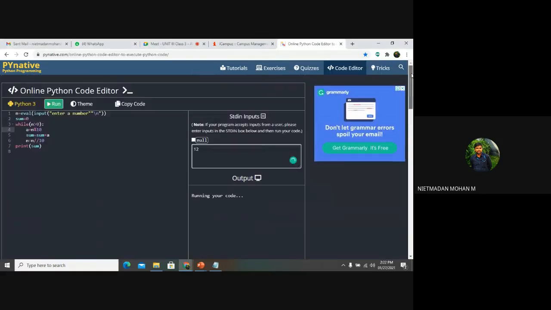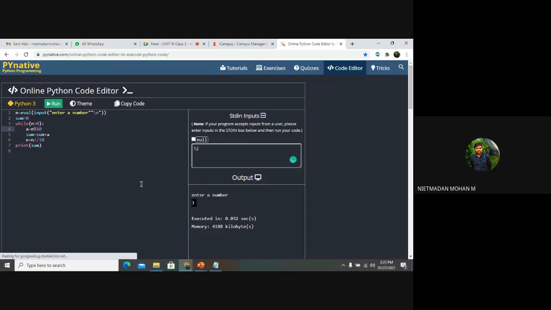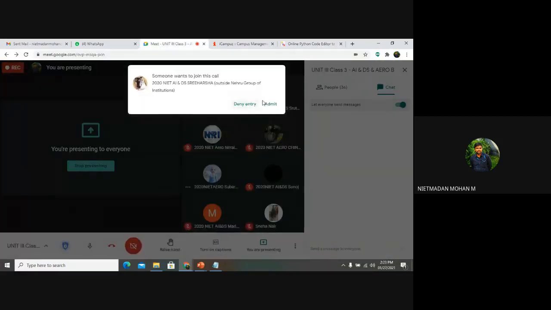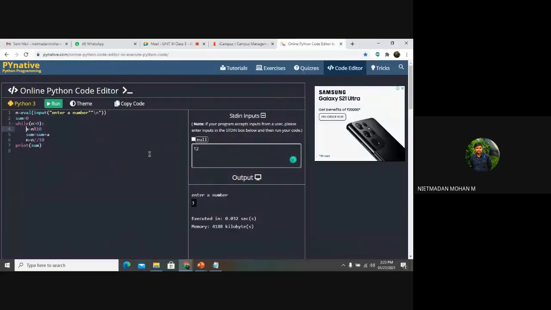That means 1 plus 2 is equal to 3, right? Any doubts in this?